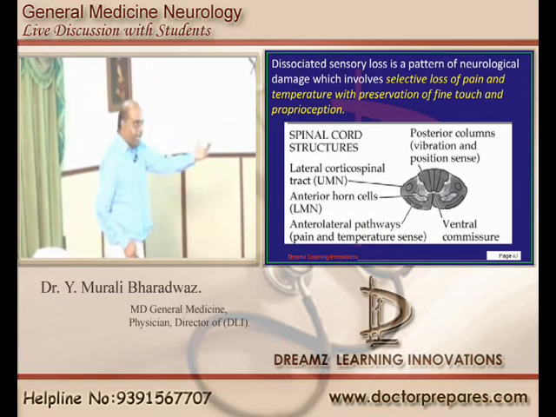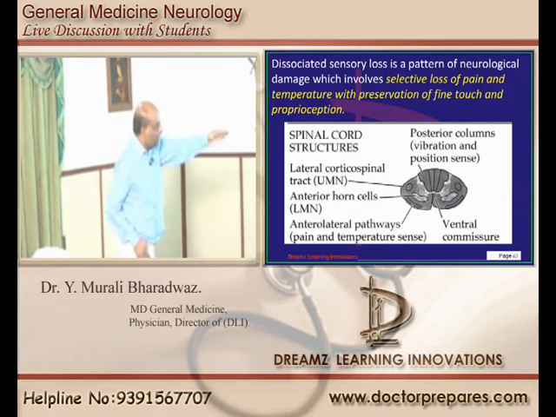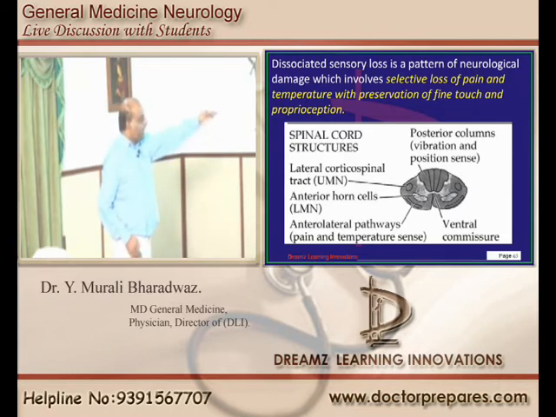If the central canal dilates, then what will happen? Your pain and temperature fibers are crossing to the other side, decussating. So they become compressed by this central canal dilatation. So if you look at the central canal and the relationship with the various fibers, these are typically the dorsal column fibers, whereas your pain and temperature carrying fibers are what is labeled here as A and B, and whenever it dilates they become involved and pain and temperature sensation is gone.